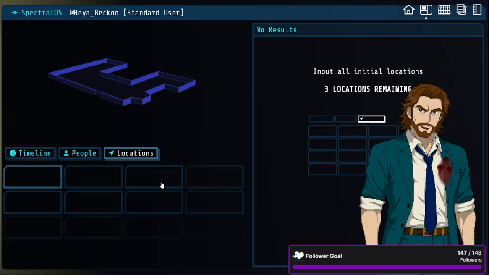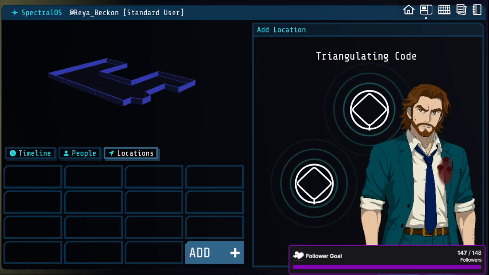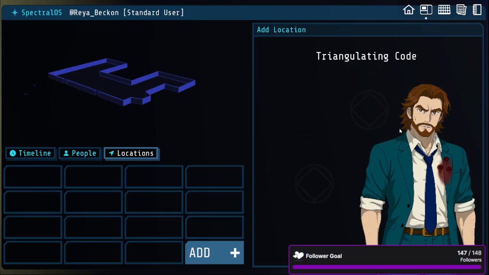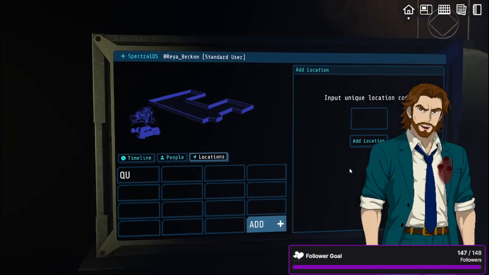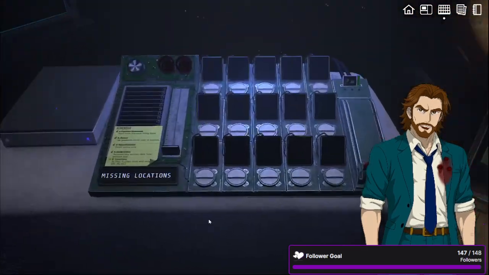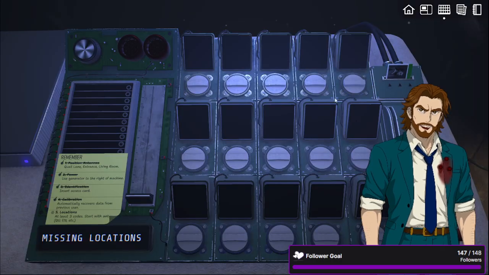So come over here, we go to locations, and we have to add 3 locations. We had QU. Okay, Quail Lane. What was the other location? EN. EN probably ties to the entrance. And then we have another one here, living room.